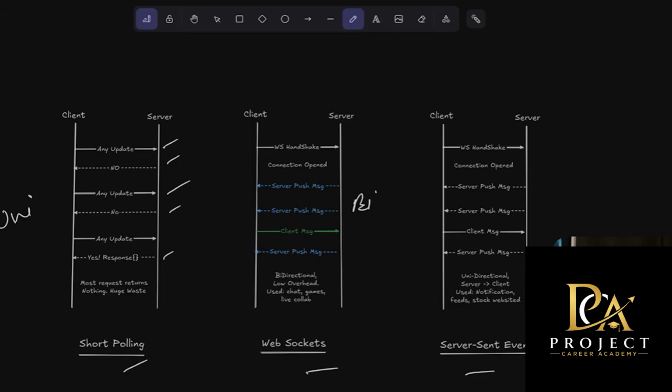Another thing that is usually not very commonly used is server sent events. Server sent events are similar to WebSockets, but here the communication happens only in one direction. Right? Only the server is sending the updates to the client. The server is pushing the updates and the client cannot push data to the same connection. So this is basically used in live notifications or news feed, stock market updates, those kind of things.